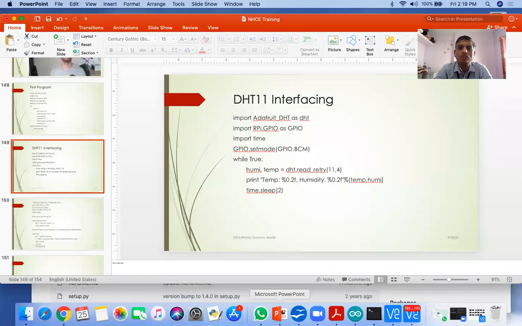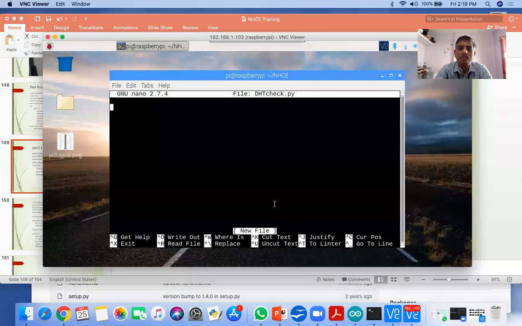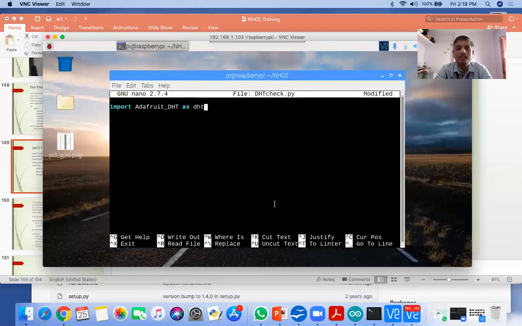So what is my code? The code is very easy. Firstly, import adafruit_dht as dht. You can give it any name; I'm giving the name dht.